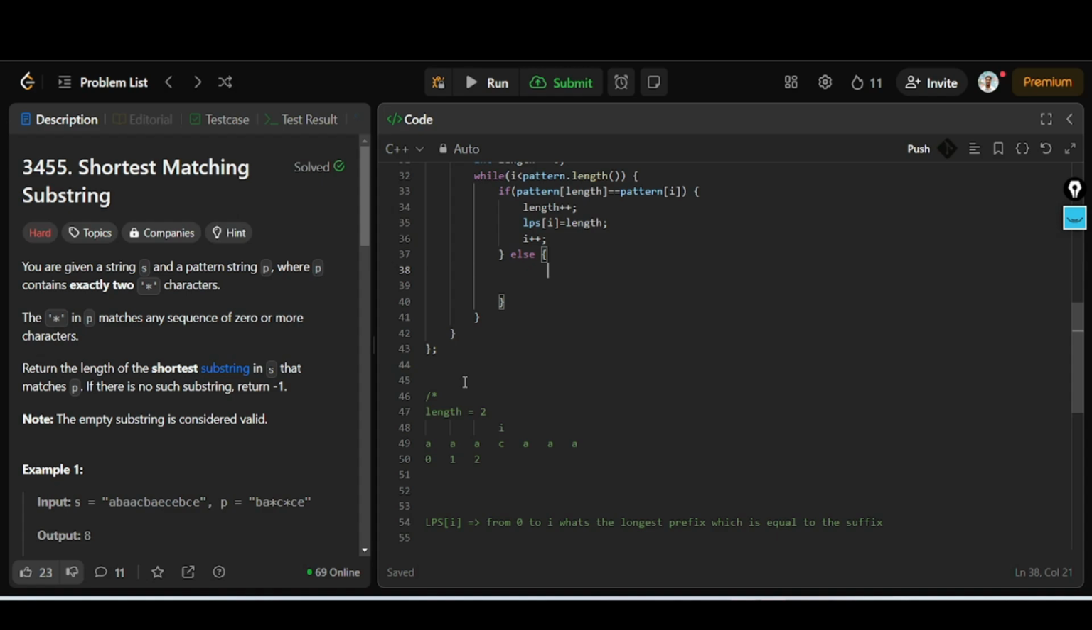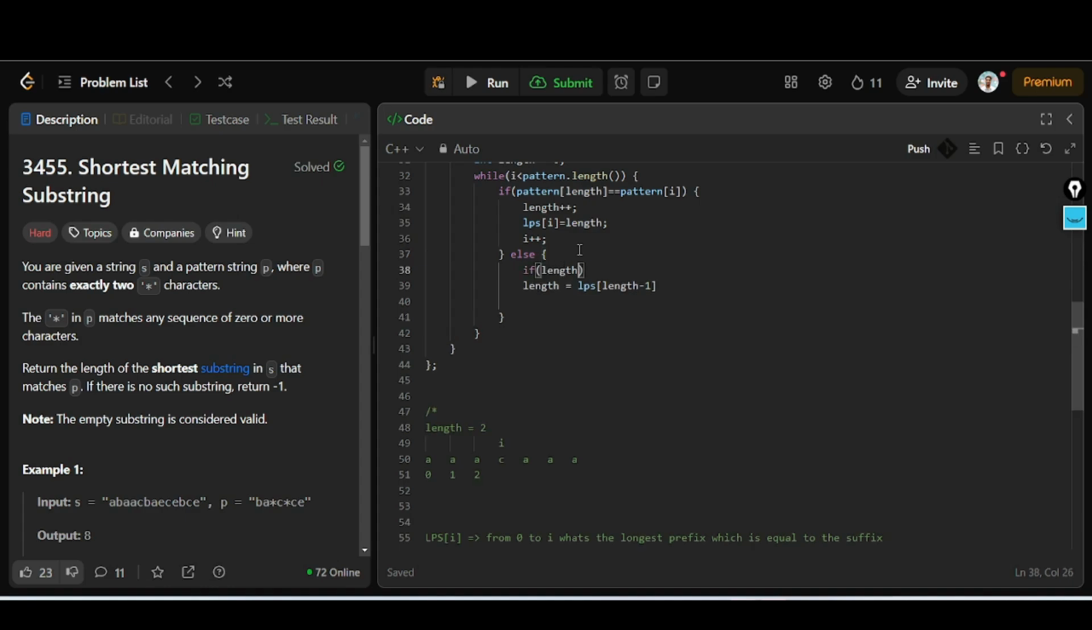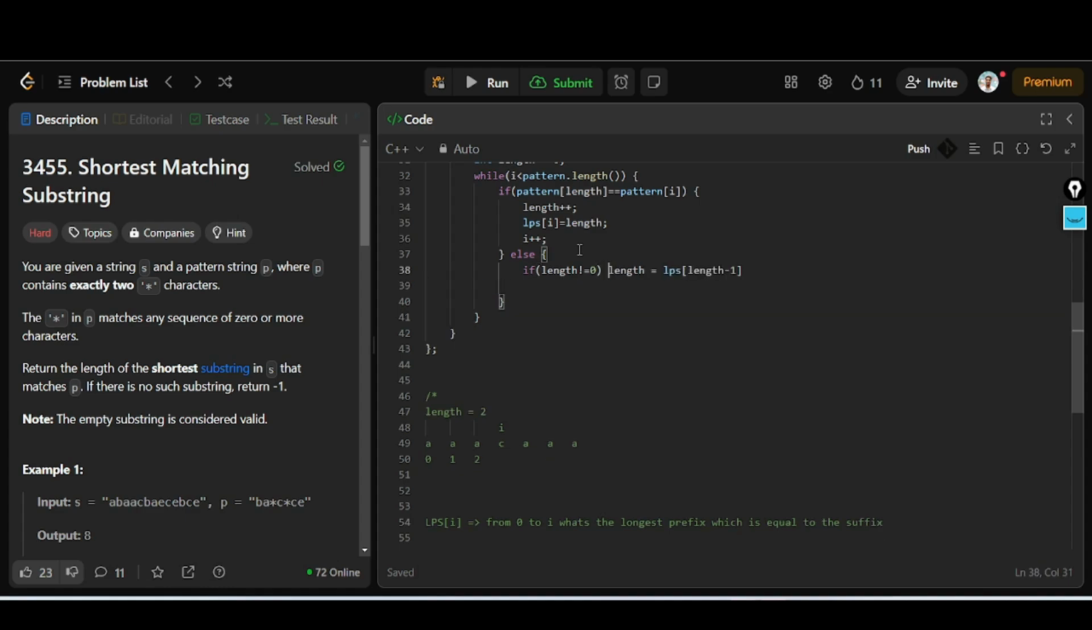So essentially what I'm doing is assigning the length now to LPS of length minus 1. Length was 2, length minus 1 is 1, so LPS of length minus 1 is this one, right? LPS of length minus 1 is 1, and that's only valid if length is greater than 0, right? So if length is not equal to 0 is also fine, greater than 0 is also fine. I'm going to have this,